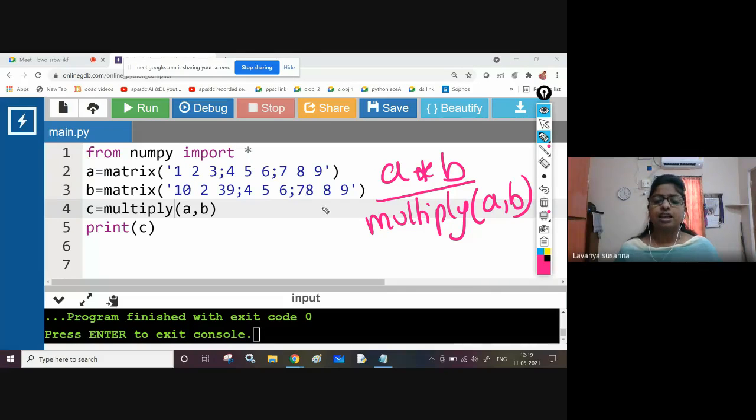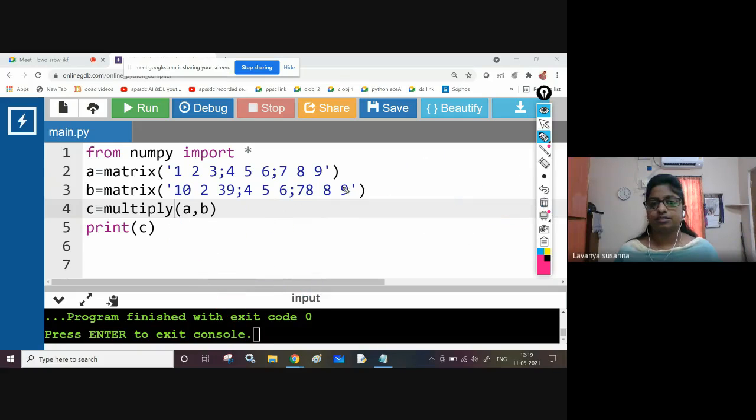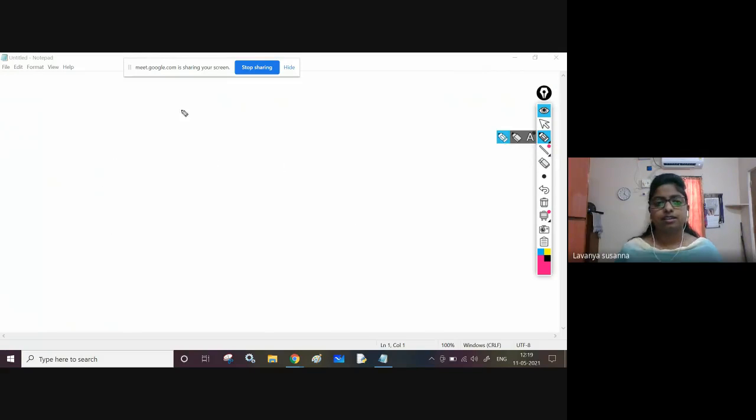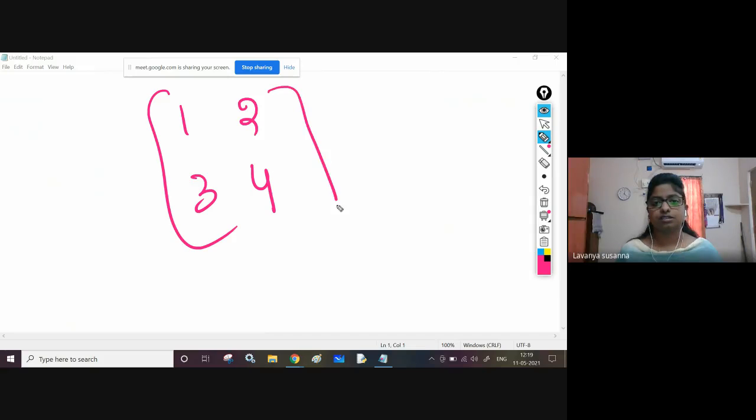Multiply of A comma B means, for example, like this: 1, 2, 3, 4 into something like this.